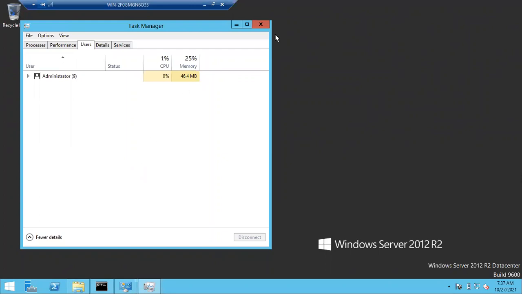Other users are not able to connect to the server. It means the person who is connected, only that person is logged off from the particular server. So that we are asking to close the server, shut down the server, so no one has to proceed on the server. No, that is not the correct answer.